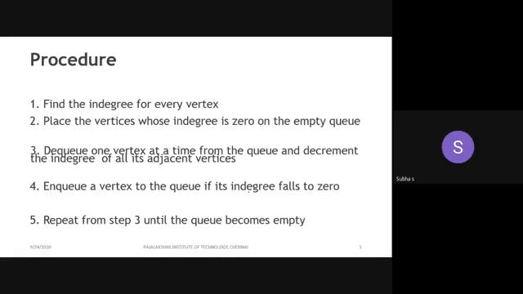We move on to the example. Before that, look at the procedure. Understand this procedure? I am going to do it on the whiteboard. You also do it parallelly. Then we come to the PowerPoint example later.